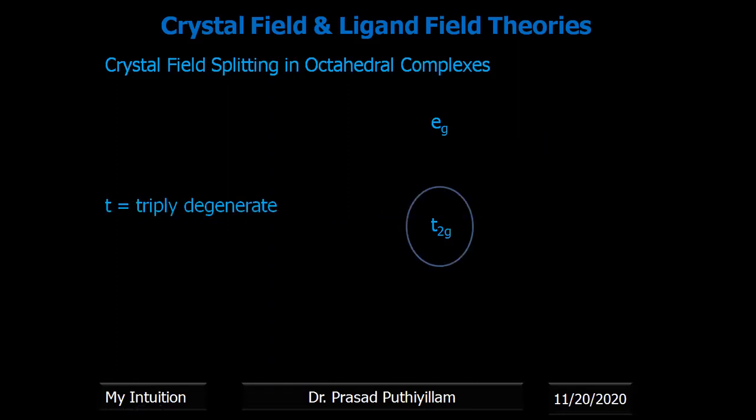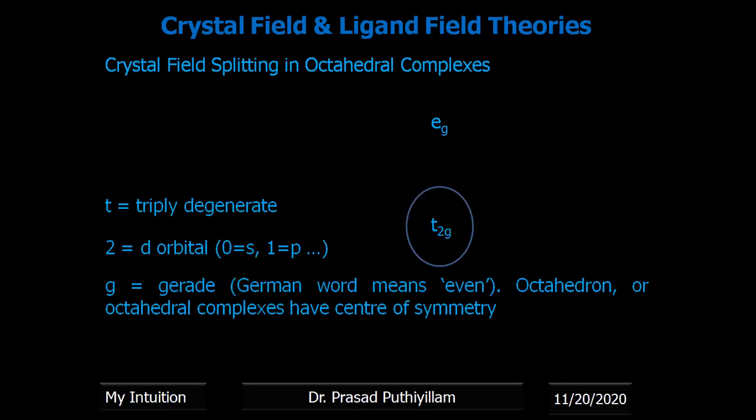T2g, that means T is triply degenerate. That means three orbitals are there. Therefore, we call it triply. The 2 is representing the d orbitals. In detail I'll explain it in coming classes. Okay, so 2 is representing d orbitals, then 0 for 4s and 1 for 4p, that I will explain in detail. So the g here is related to symmetry. It is from the German word Gerade, which means